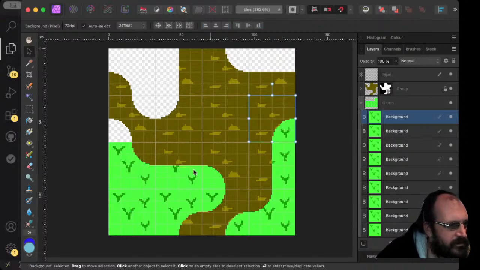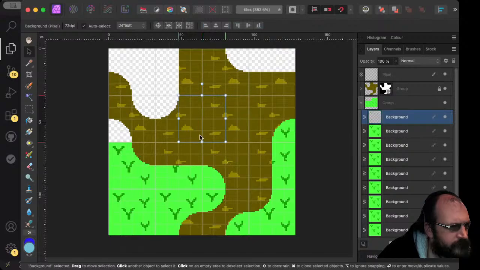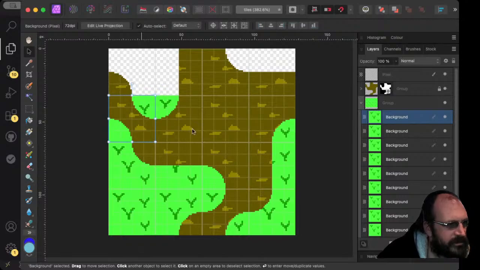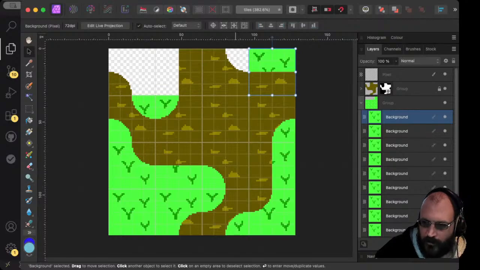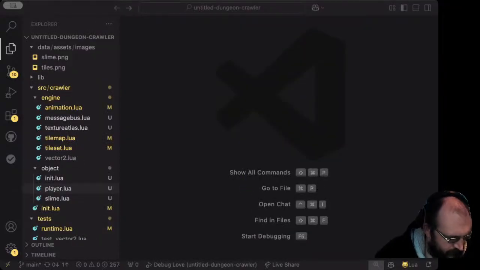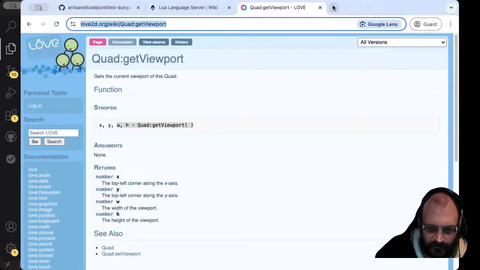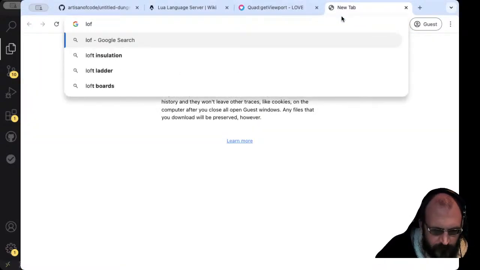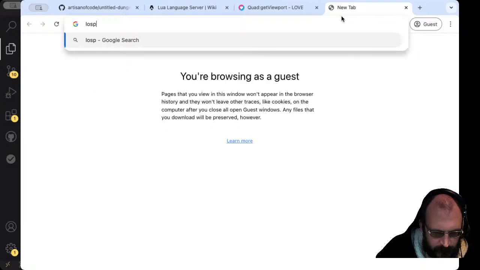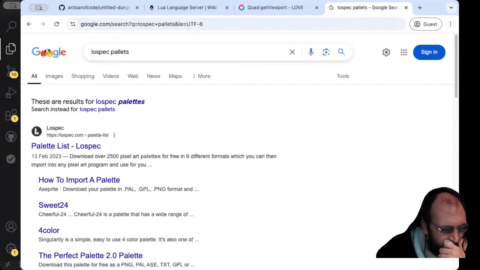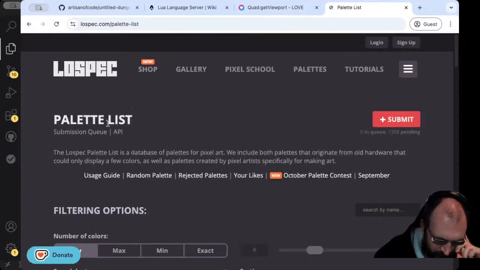So if I quickly finish duplicating these tiles across. I think I've settled on a palette as well. So being completely rubbish at this sort of stuff myself,